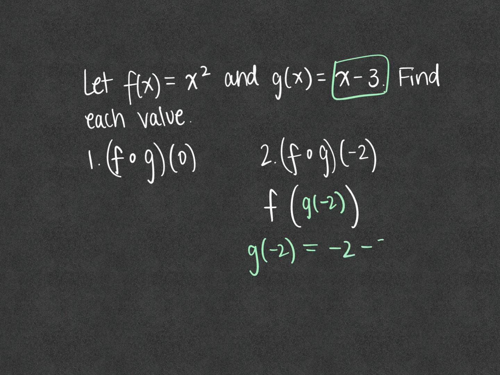So negative 2 minus 3 is equal to, when I have negative minus something else, that means I'm going more negative. So negative 2 minus another 3 is going to be negative 5. And now I'm going to replace this into the function for f. So f of negative 5,